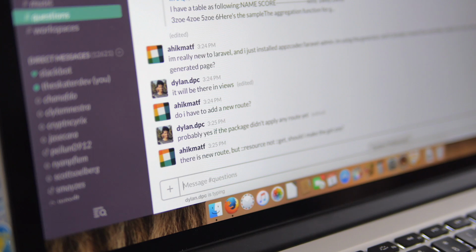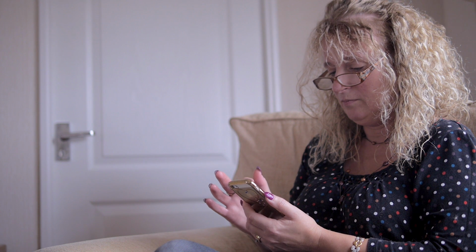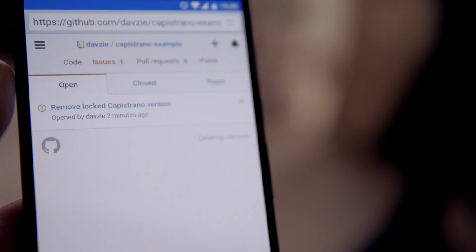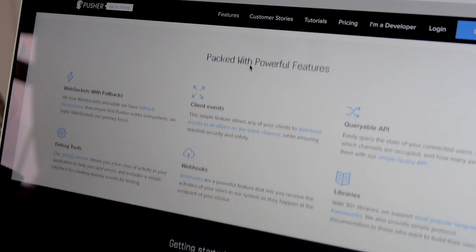Real-time communication is everywhere, and consumers have become conditioned to expect it within the web apps and the mobile apps that they use. And so it's only natural that I wanted to go and learn more about this technology and how I can implement it. So one of the first places that I'm going to look to, of course, is Pusher,